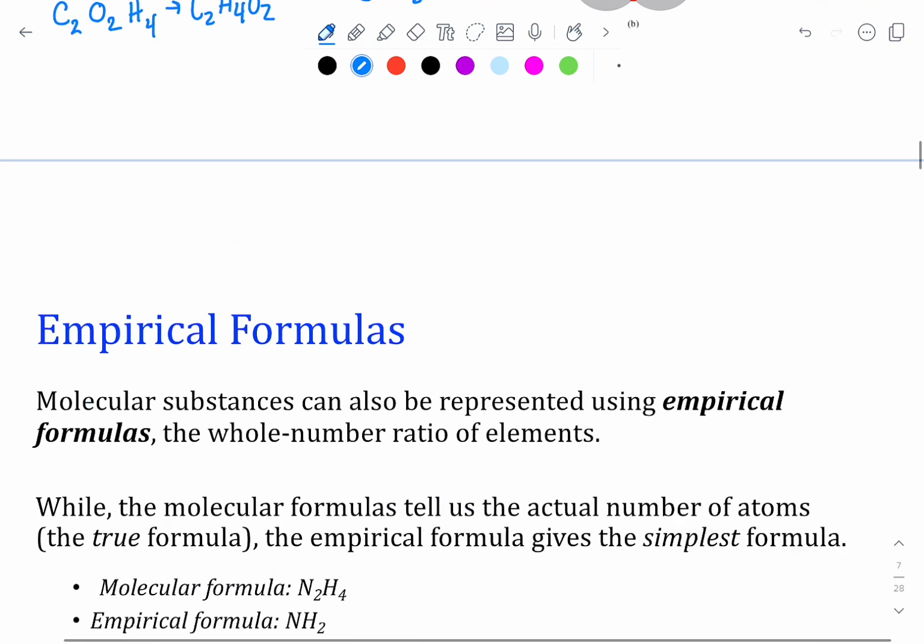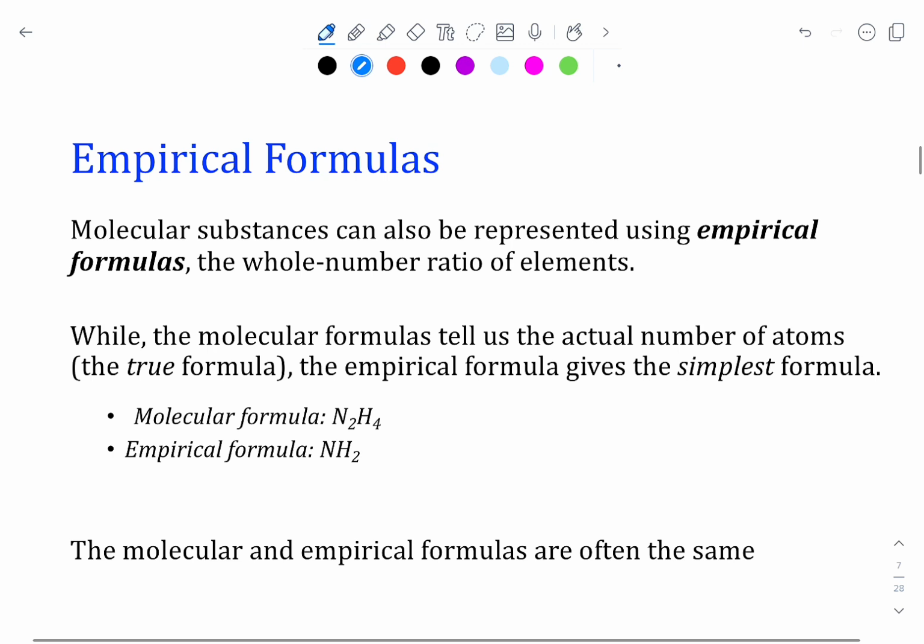Okay. Our last type of formula to discuss is the empirical formula. So molecular substances can also be represented using empirical formulas, which is the simplest whole number ratio of elements. So let's add the word simplest. We've talked about simplifying our formulas in our previous chapter, so we're going to do that here as well with